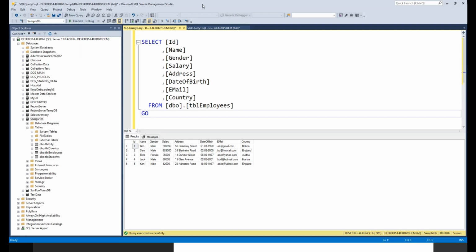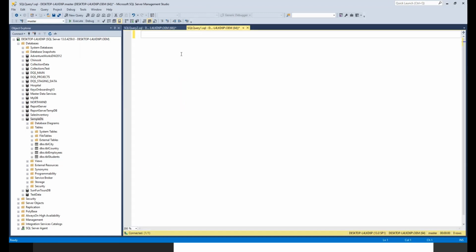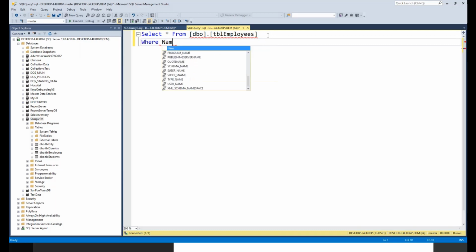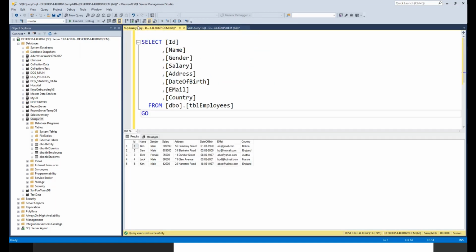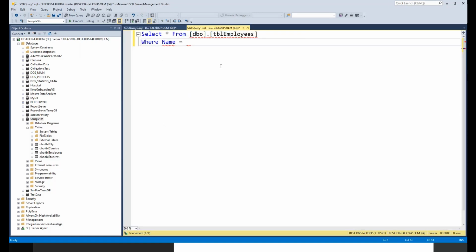So let's see with select star from, you can just drag and drop tbl_employees, where name equals Ben. And if you run this query,